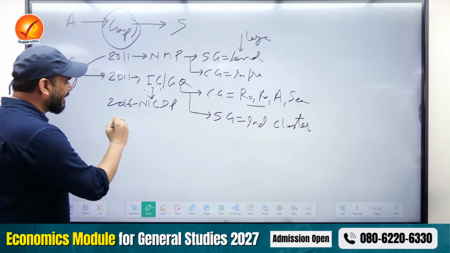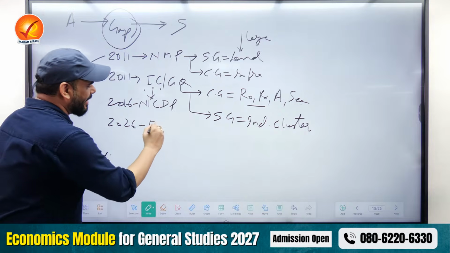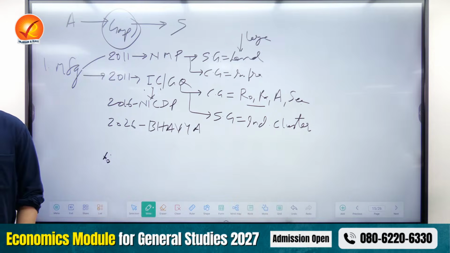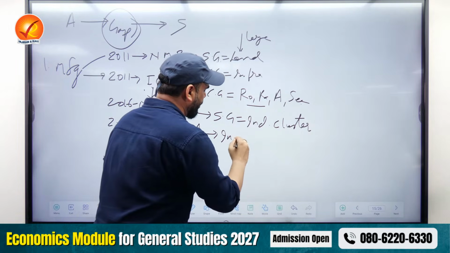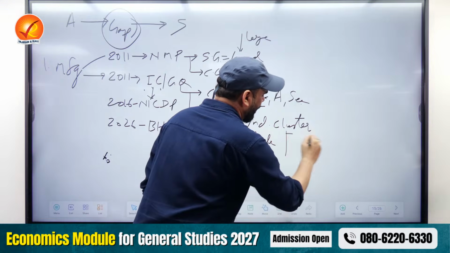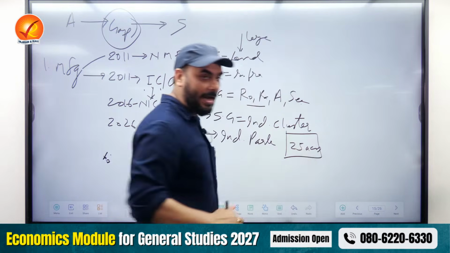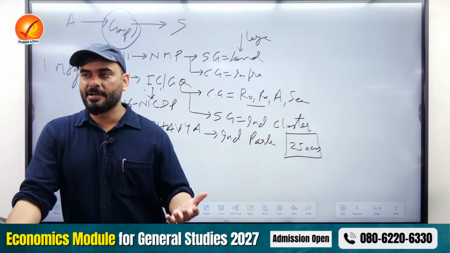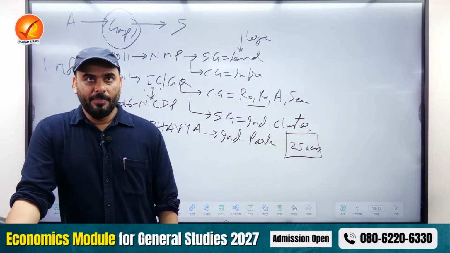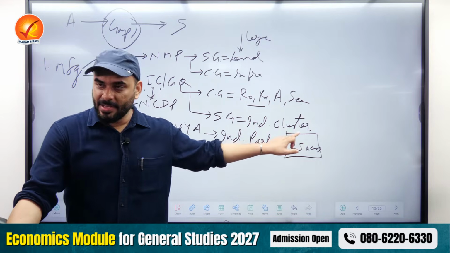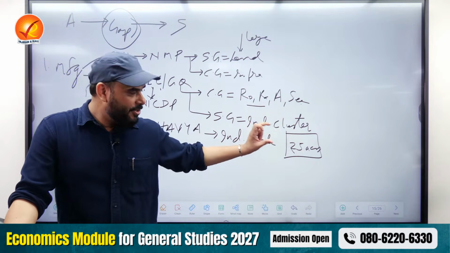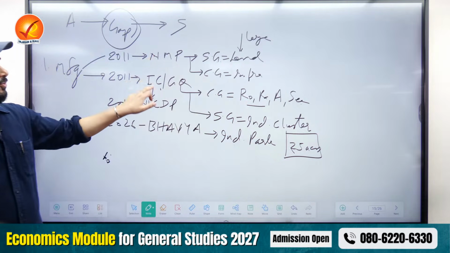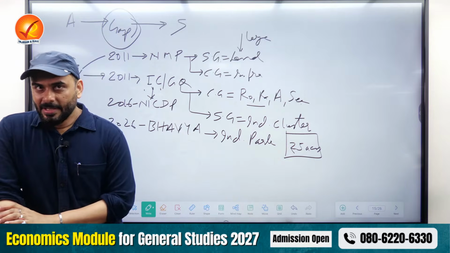The government of India in this year's budget 2026 has launched a program called Bhavya 2026. What is the government doing in Bhavya? The government of India has started a concept of industrial park, where, for example, they take 25 acres of land, start with 25, 50, 100 acres, it goes up to 1,000 acres. And what does the government do? Government of India creates infrastructure in this area and then invites industries. So we are creating small clusters of industries. So those states which could not get the benefit of the first two will definitely get the benefit of the third one. This is how they are trying to promote it.